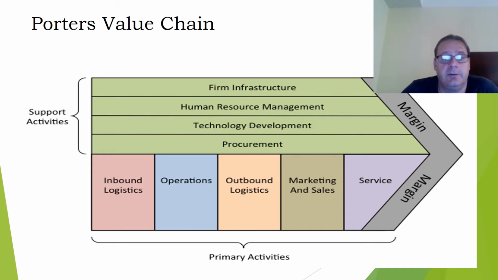And they are procurement. Having spent a lot of time working in accounting and IT systems for procurement, I'm not so sure that I would agree that they are such a minor item. But procurement, so how do we actually purchase our goods? Technology development. The importance of technology development will depend on the organization itself. Somebody like Apple, I think, would argue that technology development is incredibly important.